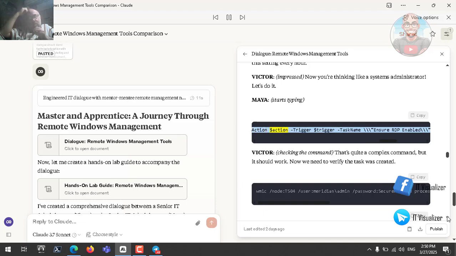Register-ScheduledTask -Action $action -Trigger $trigger -TaskName "Ensure RDP Enabled"